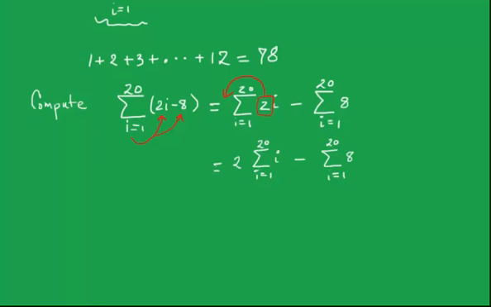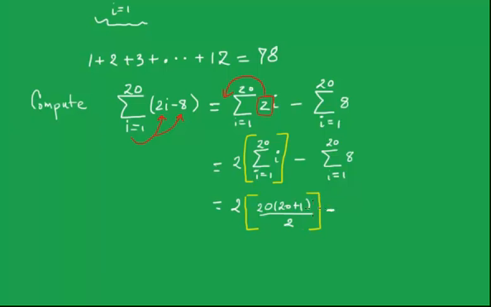At this point, we remember the formulas. Look at this expression here. We can use the first formula of sigma notation. So this would be equal to 2, and then whatever is in yellow would be, because n now is 20, 20 times 20 plus 1 divided by 2. So that's what we have in yellow brackets. Minus,